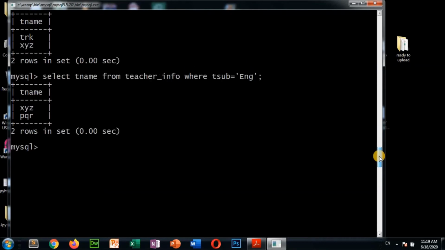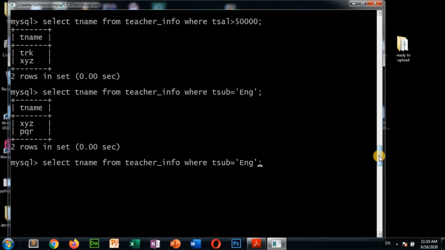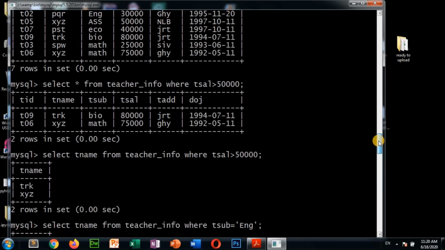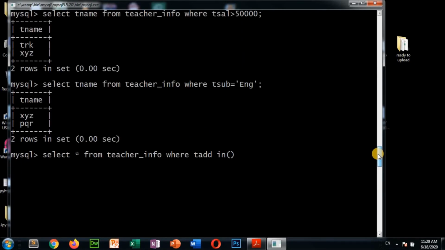So here, if you want to display all records, just type star: select star from teacher info where T add, teacher address, where T add in, and here you have to write inside brackets. How to write GHY and JRT, just see here, inside single quotes you have to write GHY and JRT.